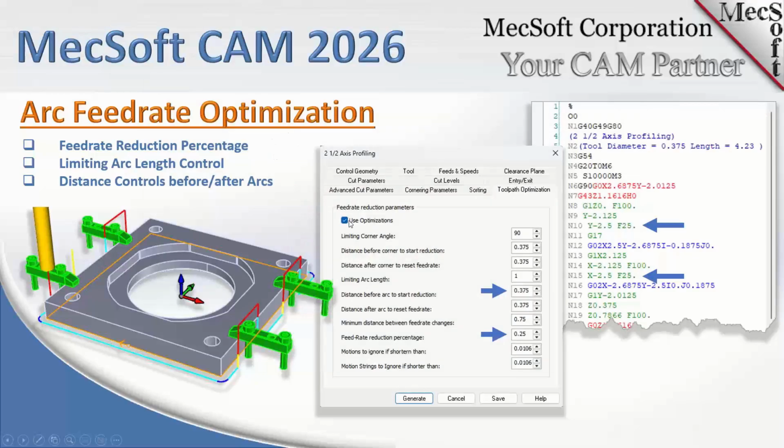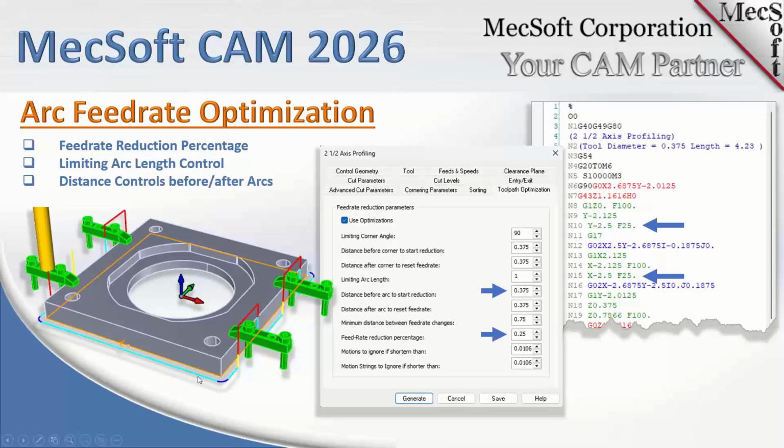What I'm going to show here, we've added a lot of individual smaller enhancements, and we only have time to show some of them, but here is one that we wanted to pick out and show you, which we thought was pretty important. You may or may not have been aware that we have toolpath optimization in many of our toolpath methods, meaning we really should call it feed rate optimization, because what it's doing is optimizing the feed rate based on the conditions